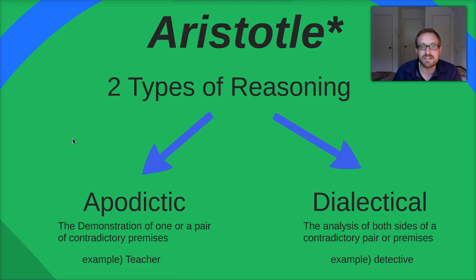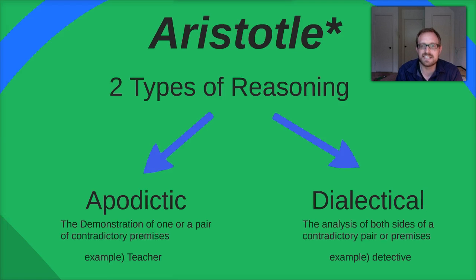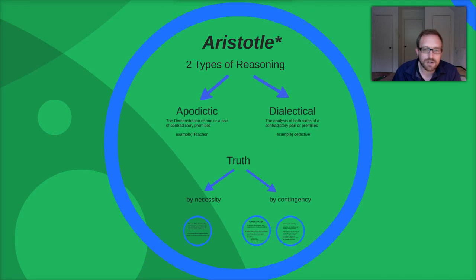So for instance, a detective tries to figure out both. Let's say a detective analyzes both why someone could be guilty and also why someone could be innocent. So that's a sort of dialectical form of reasoning. Now, clearly there are more sophisticated definitions we could give there, but in general at this point, that's going to be sufficient for understanding the basic difference that Aristotle sees in terms of types of reasoning. Now, Plato's work dealt primarily with dialectic, but we're going to see that much of Aristotle's work involves the analysis of apodictic reasoning. But we should be clear here that syllogisms are used in both.